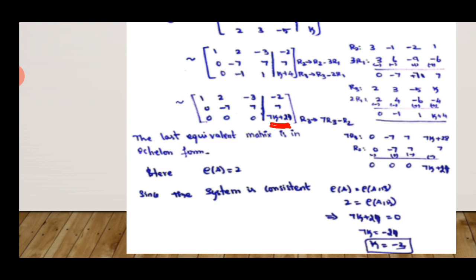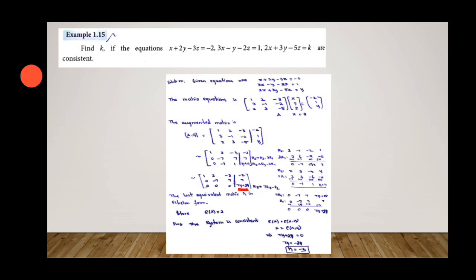Last row must be full of 0 means, in the last equivalent matrix, the place I have marked in red color, 7k plus 21, must also be 0. So take that place as 0. So 7k plus 21 equal to 0. That means 7k equal to minus 21. So k equal to minus 3. So this value,